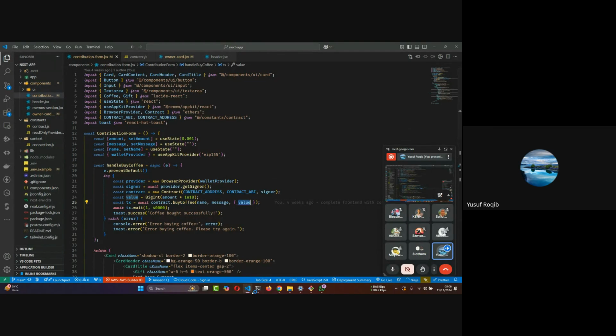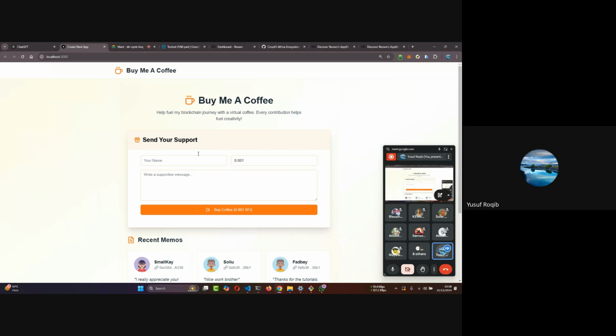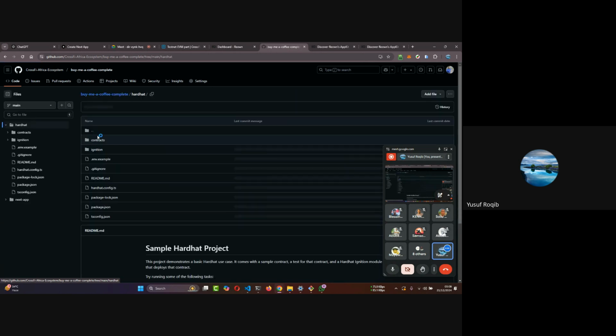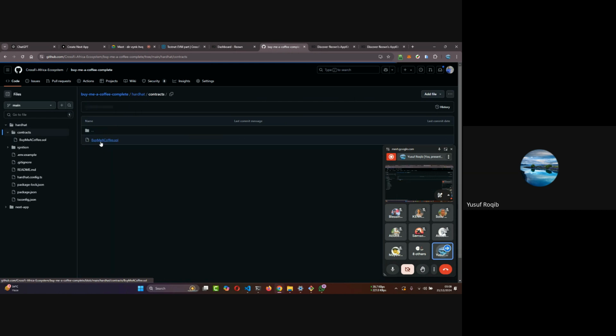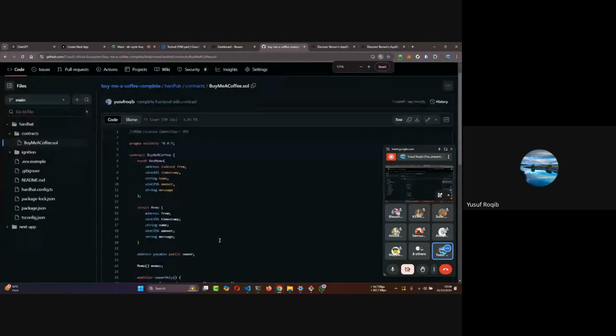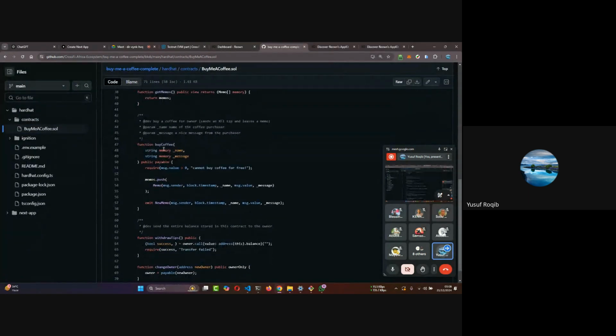If I go to the smart contract part, where is it? So let me go to the contract, and then BuyMeACoffee. Let me zoom in a bit. So we are calling this function, which is buyCoffee. It takes in two parameters. One is the name, and the other is the message. So that's what we are passing in our